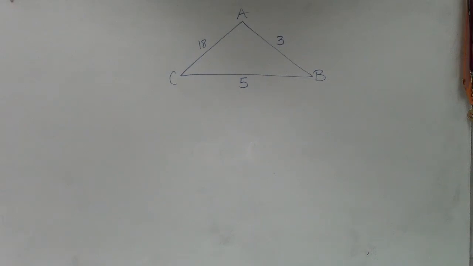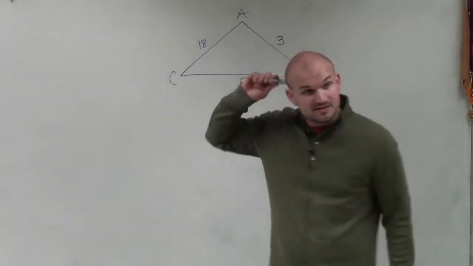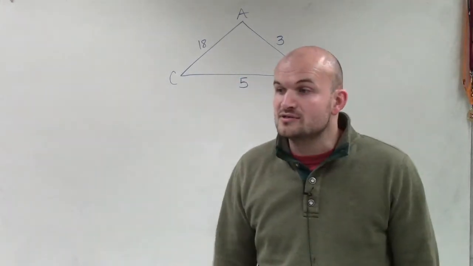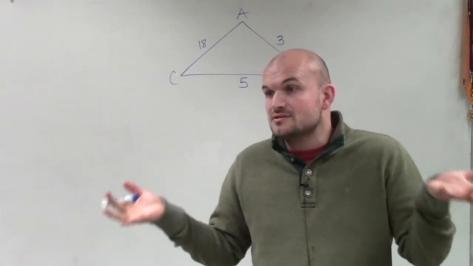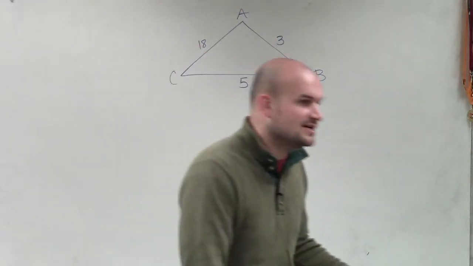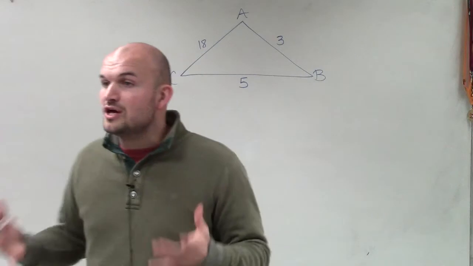Okay? So on our examples, the first type of problem we're going to have is a triangle where we try to find all the missing parts by using the law of sines or law of cosines. But we have an issue, right? Because I told you your test is going to be based on here are triangles, find the missing parts. And you're going to have to determine when to use the law of sines and when to use the law of cosines. And what we talked about on our homework quiz is that we can use the law of sines when we have a